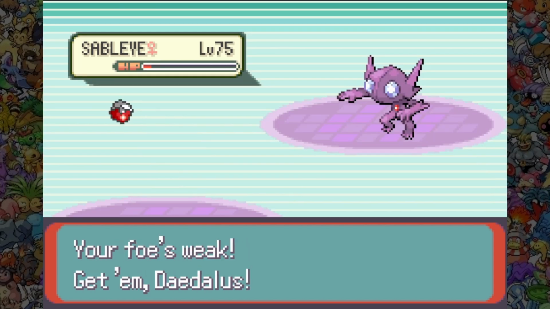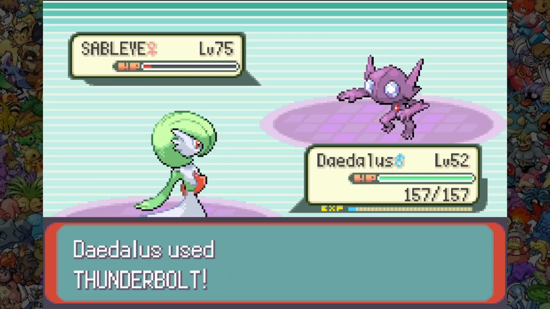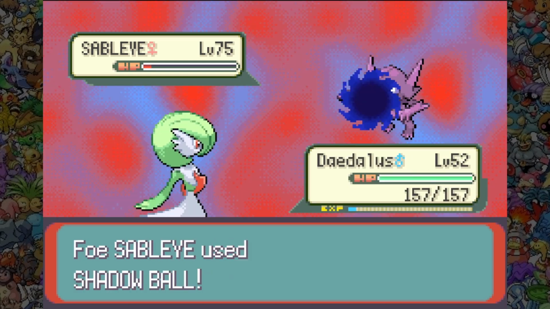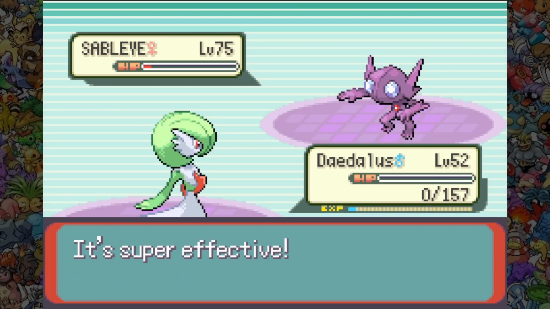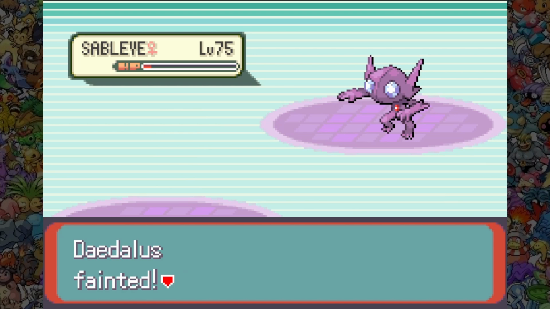fight. Gardevoir's last, and I go for a Thunderbolt. Oh no! Which misses, so we go down. Yeah, that was pretty bad. We beat Sidney thanks to luck, but I'm too low leveled to stand a chance against the stronger members of the Elite Four. I'll rematch Sidney a few times until my team is all around the same level, and then